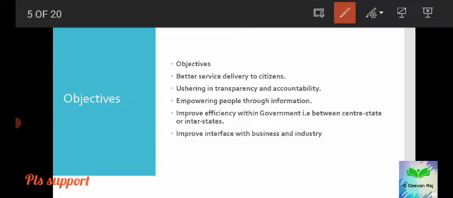And transparency. Transparency means the disclosure of information or openness in the processing of the government. So, when a government becomes transparent and accountable, it eventually becomes a good government. So, by incorporating e-governance,